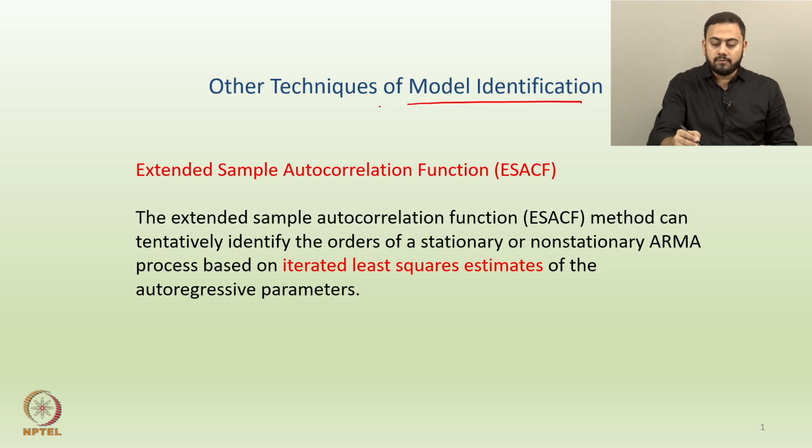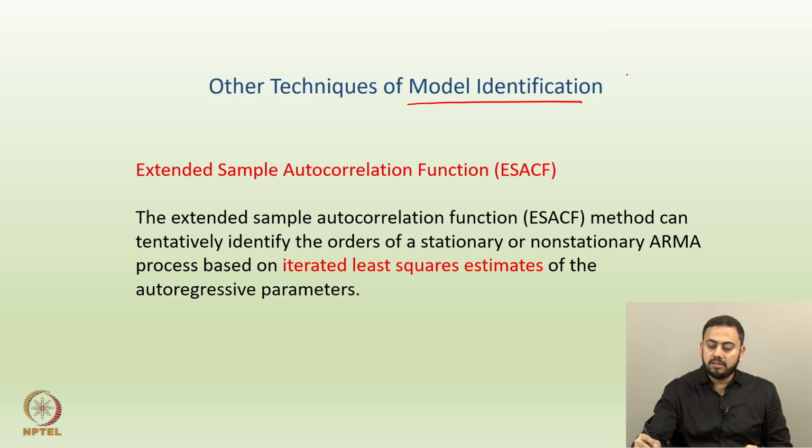Okay. Now again, just to give you a brief idea about what model identification means: let's say you're working with practical data and you want to fit some time series model on it. How do you identify the particular model which could be fitted on the data, and once you identify the model, how do you specify the underlying orders of the model? So let's say you're fitting an ARMA model or ARIMA model or SARIMA model, and so on and so forth. How do you fix the underlying orders of these models? Precisely, how do you fix P and Q?